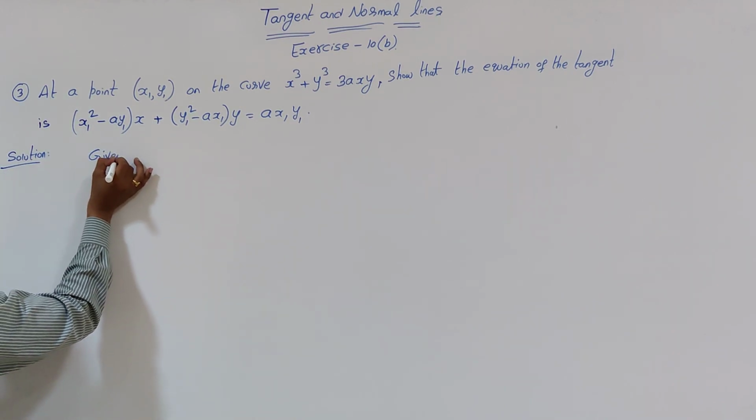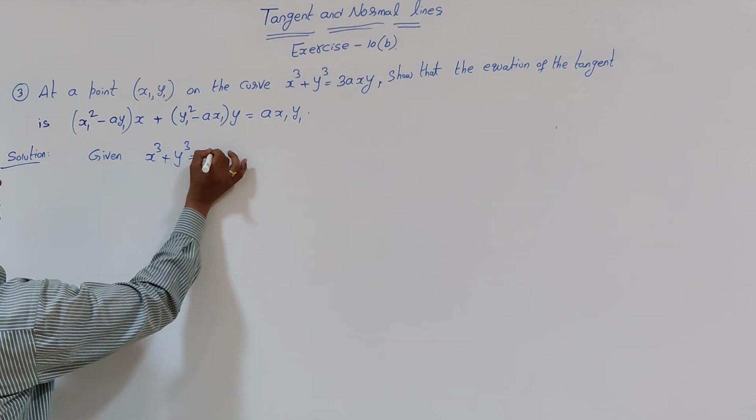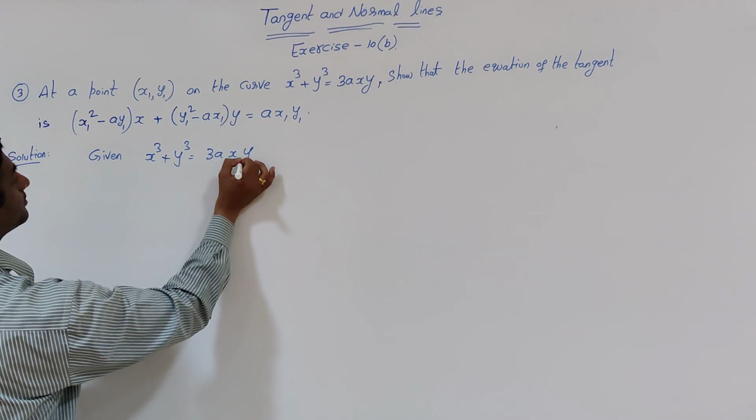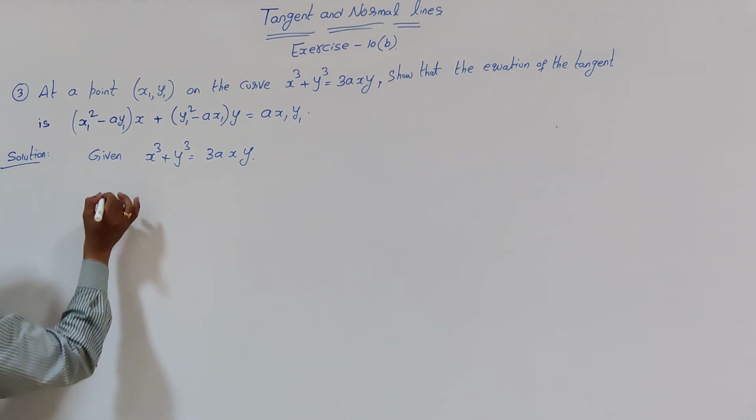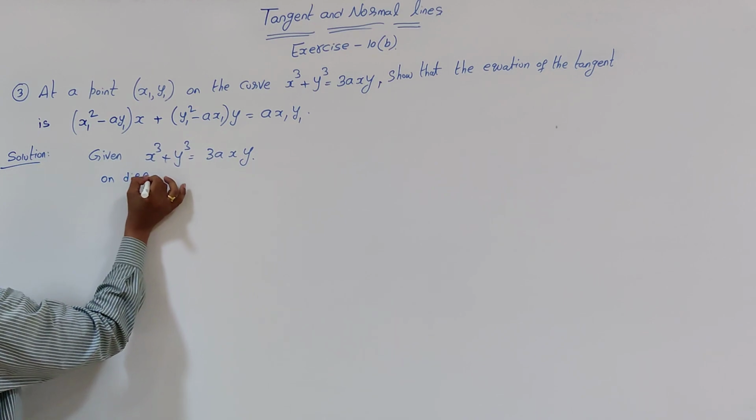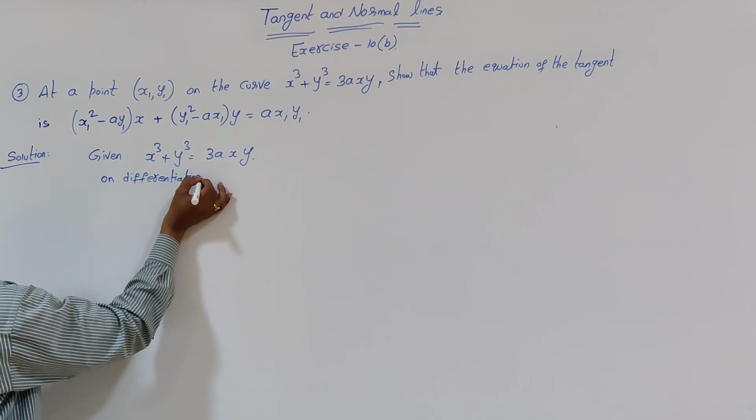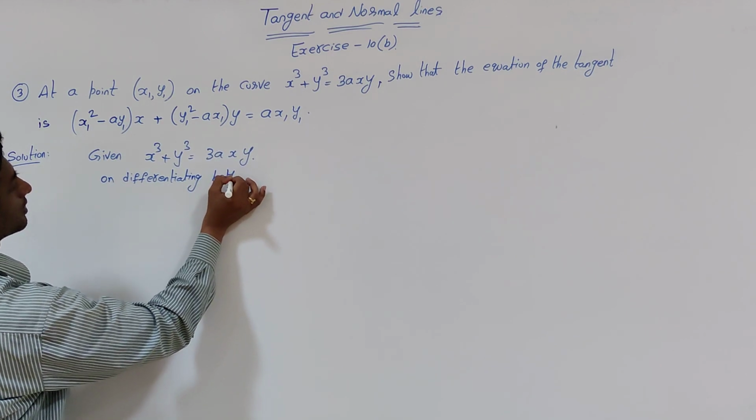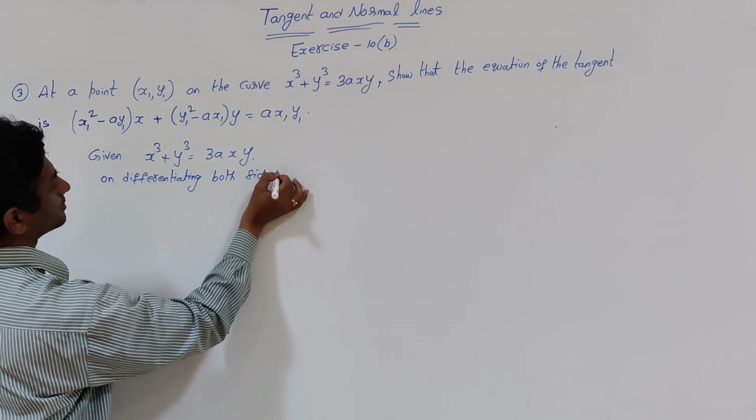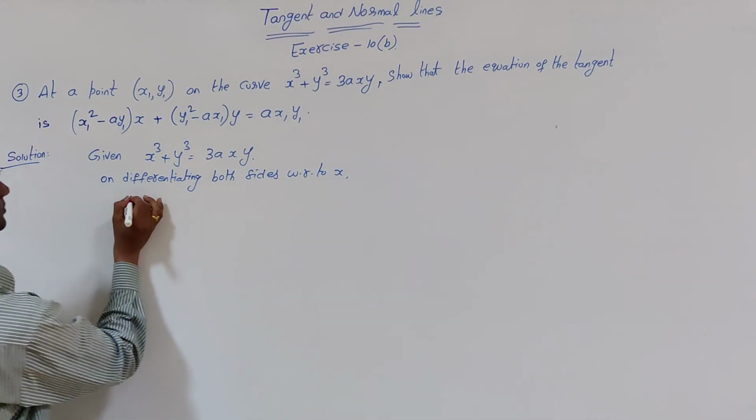Given x cube plus y cube is equal to 3axy, we have to find the derivative dy by dx. Differentiating both sides with respect to x,